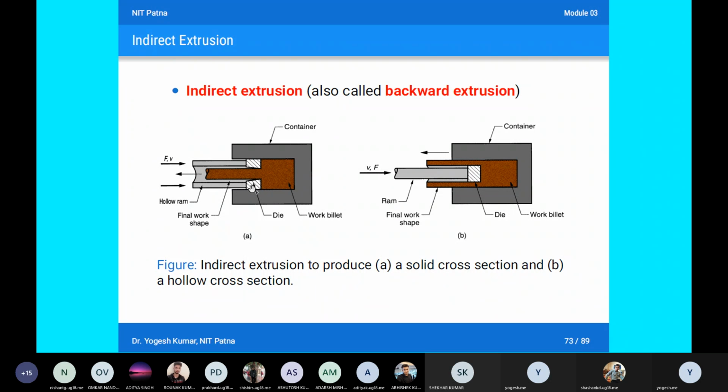Okay, so if somebody has unmuted your mic, please mute your mic if you are not, if you are not